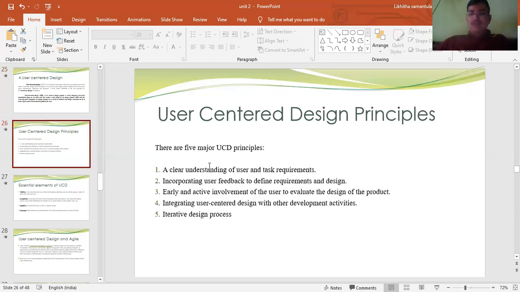There are 5 major user-centered principles: a clear understanding of user and task requirements, incorporating user feedback to define requirements and designs, early and active involvement of the users to evaluate the design of the product, integrating user-centered design with other development activities, and an iterative design process. These are the 5 user-centered design principles.